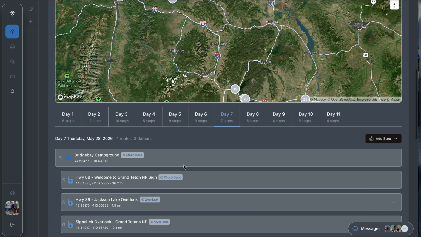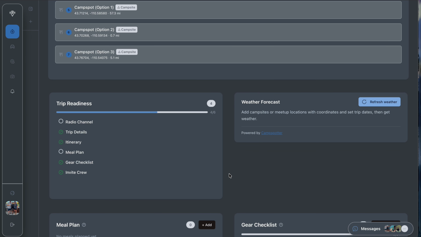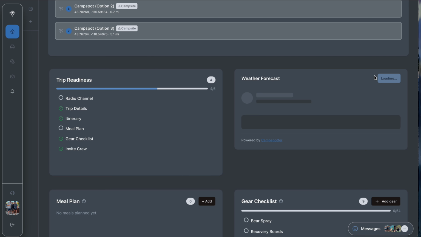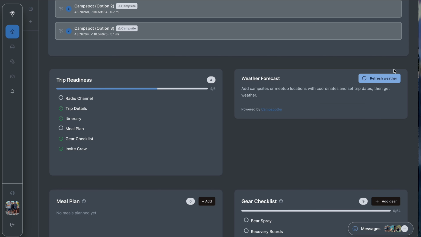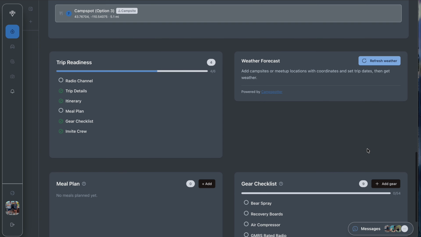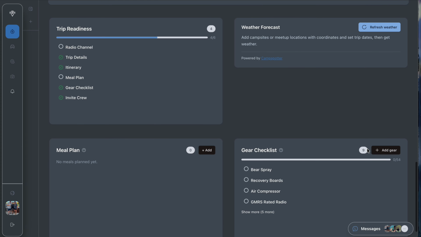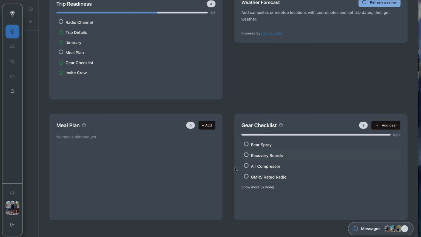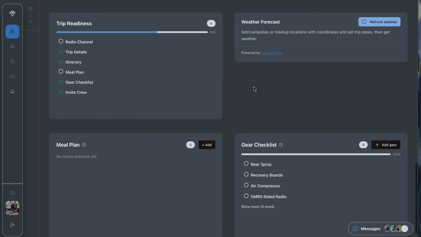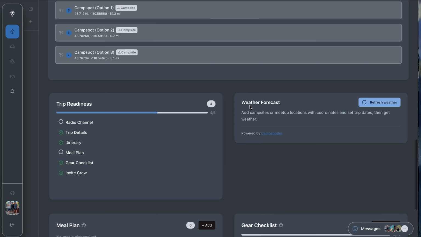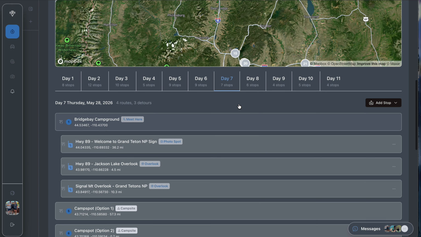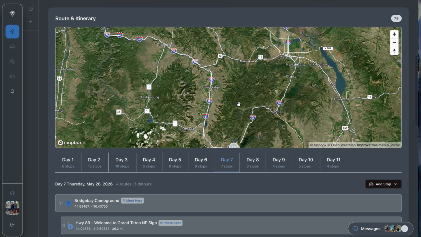Super beneficial. And then also, let's see, I don't know if it's going to do anything. I don't know if it's had a chance to import these yet. It has not, so we can look at this in a second. We haven't built the menu out yet, and I'm still working on building out the exact gear list and some of the other things, but this is basically what it looks like in a nutshell, built out.